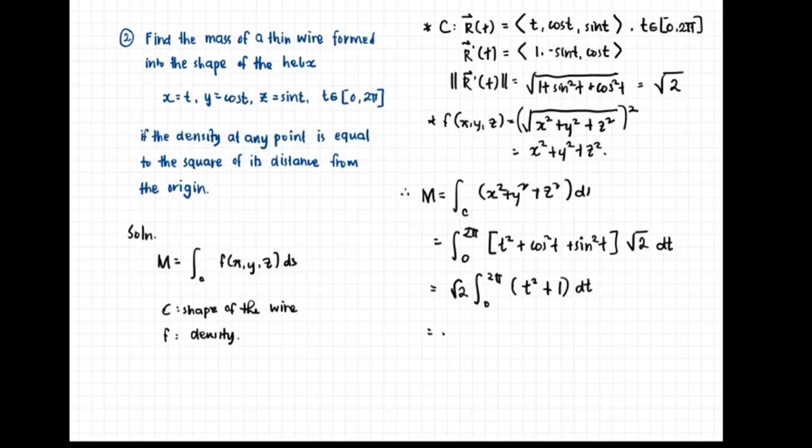And so to integrate, we have here the square root of 2 times the antiderivative of t squared, which is t cubed over 3, plus the antiderivative of 1, which is t, evaluated from 0 until 2 pi. And so this is equal now to the square root of 2 multiplied by, when t is equal to 2 pi, quantity cubed is 8 pi cubed over 3 plus 2 pi. When t is equal to 0, this is equal now to 0. And so we have here the following answer,